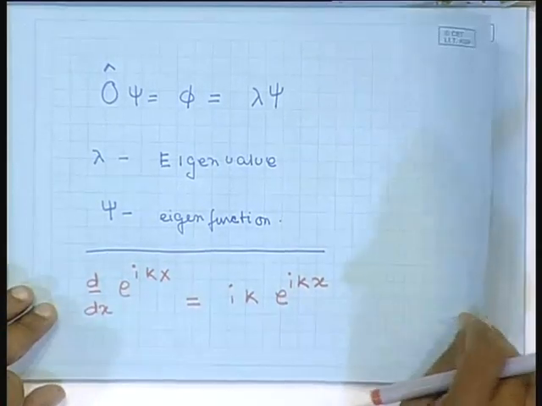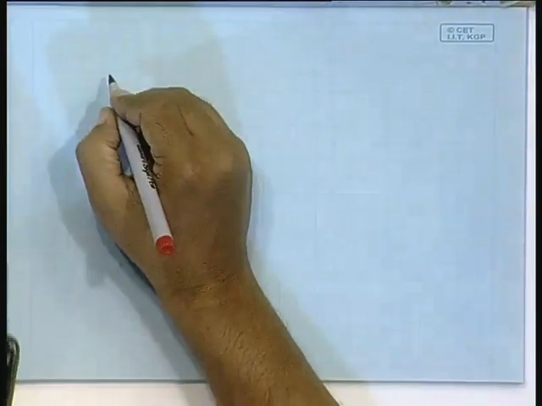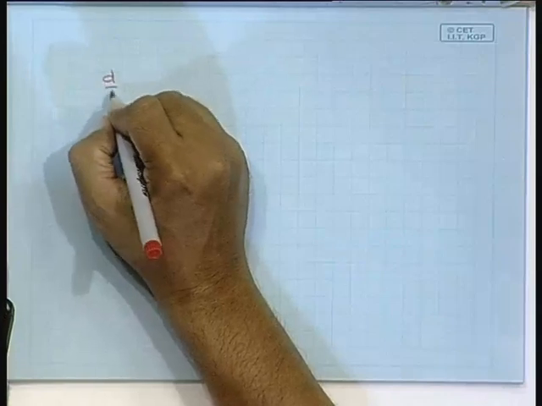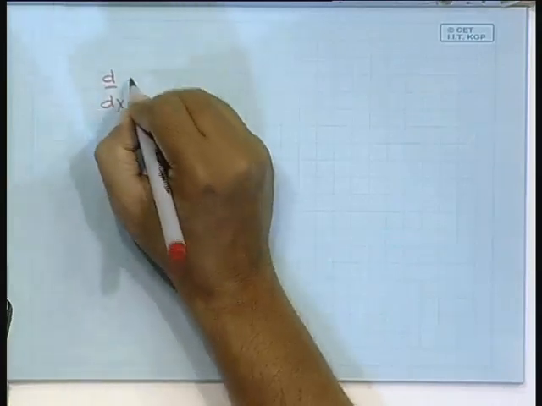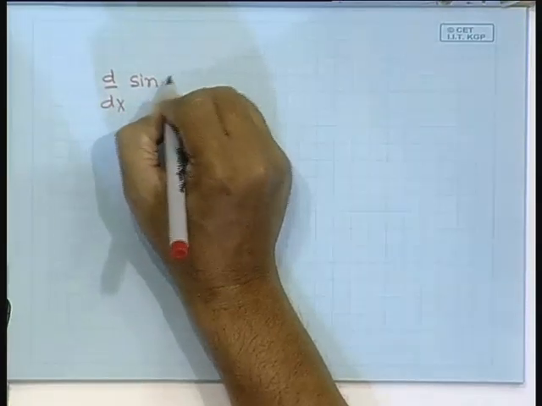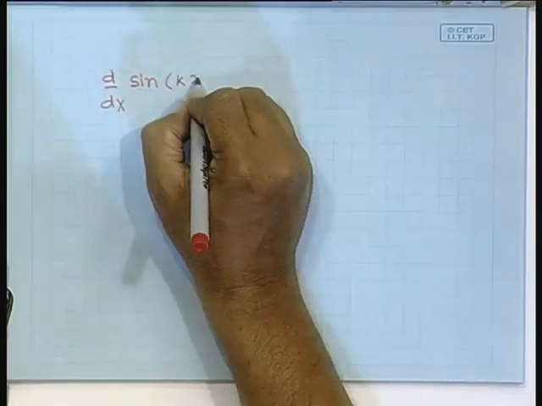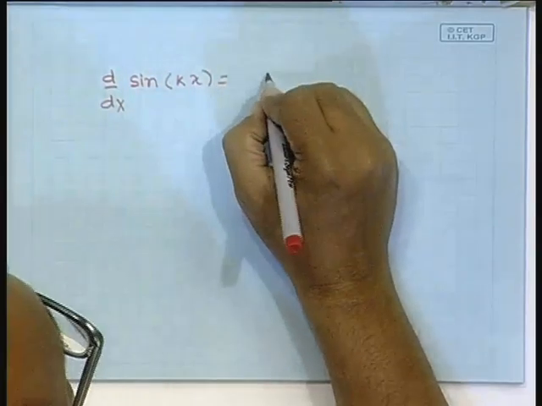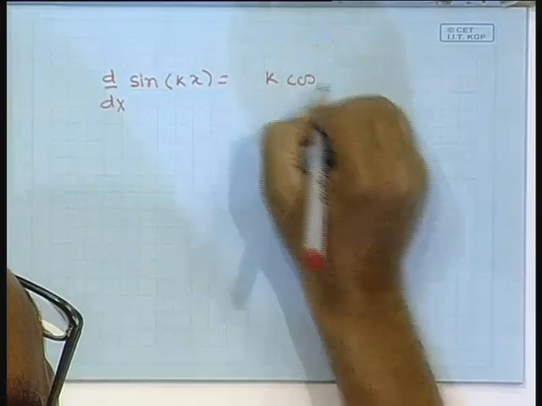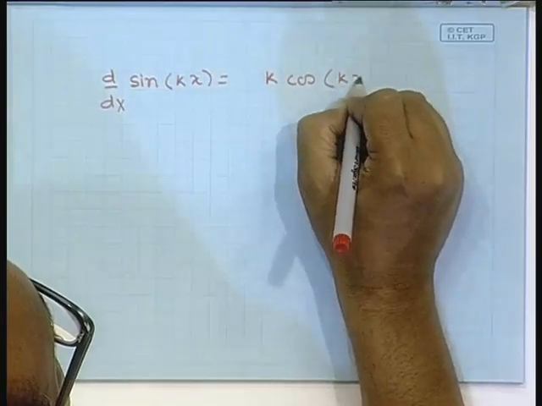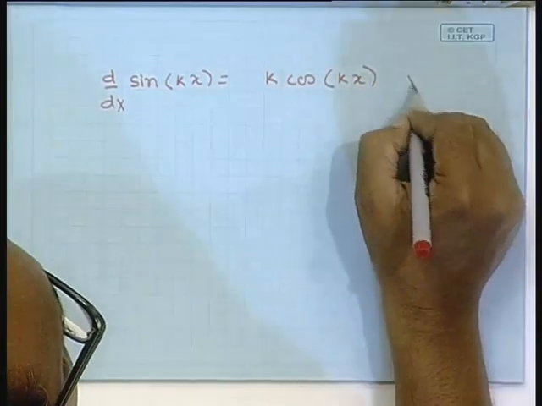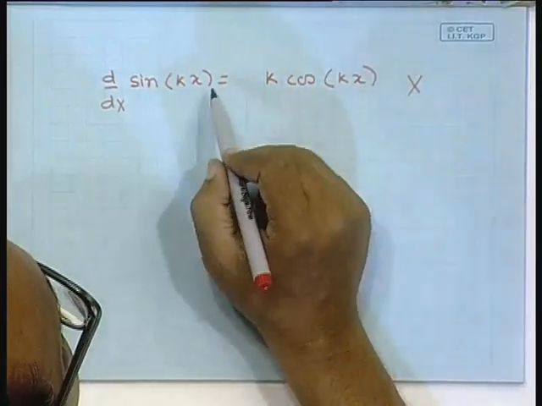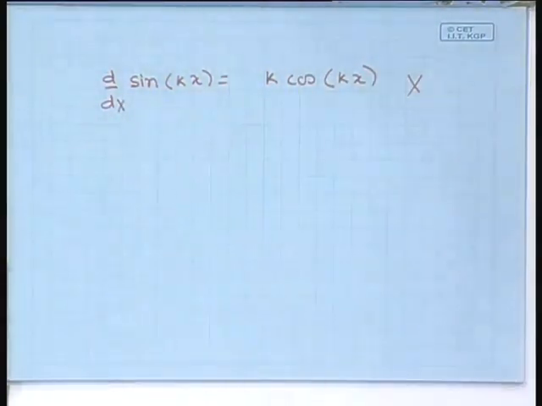Let me give you another example. The next example is when the same operator d by dx acts on sin kx, it gives me k into cos kx. We see that this is not an eigenfunction. So, sin kx is not an eigenfunction of d by dx,